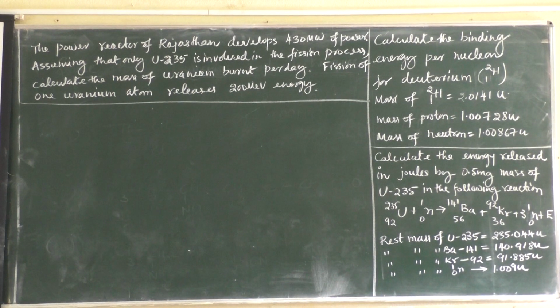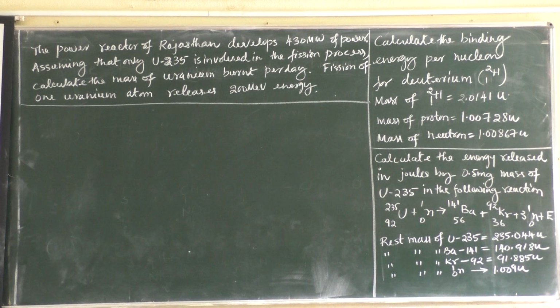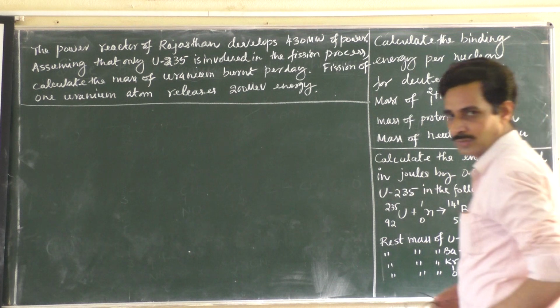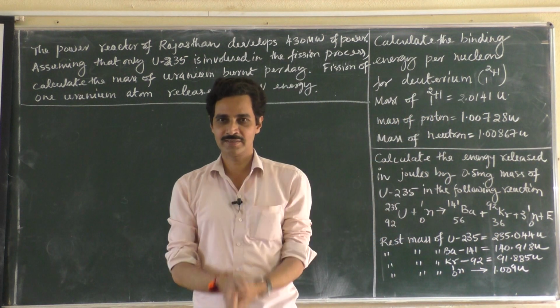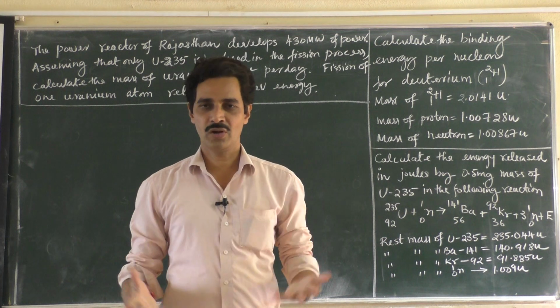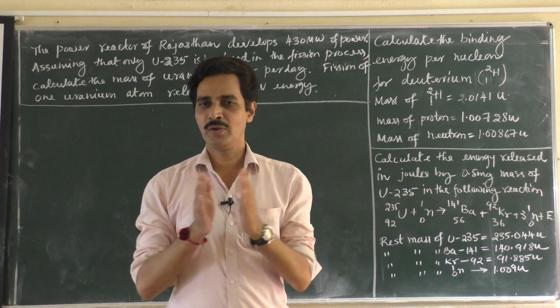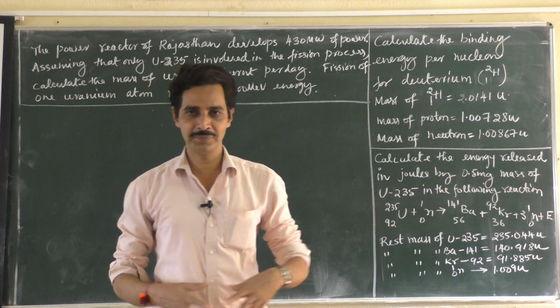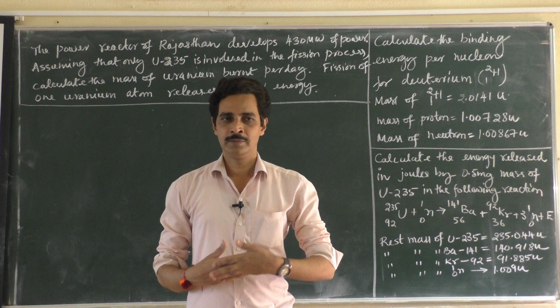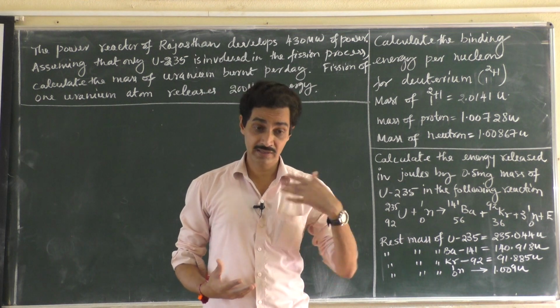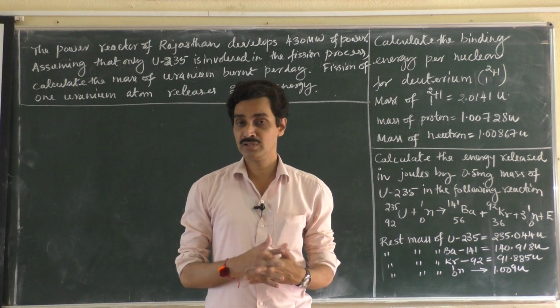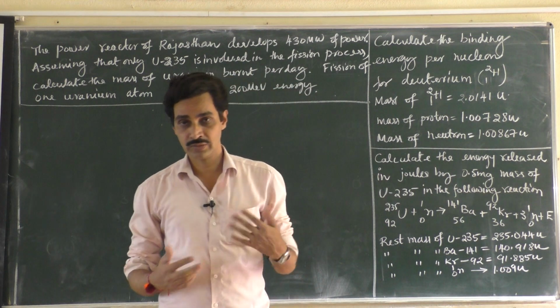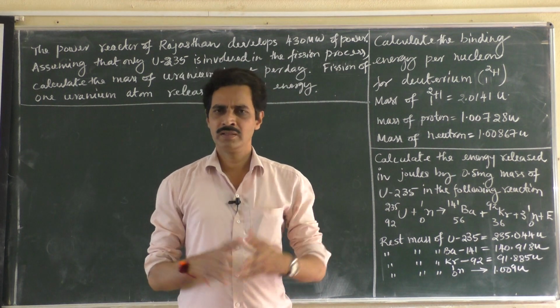We have seen how a nucleus is made up of different elements and their nature, the nuclear force, the strongest force, and how they are bound together. How the nuclear force is attractive in the beginning, and if the distance is less than 0.8 Fermi, how it is repulsive, and binding energy per nucleon. If binding energy per nucleon is more, then the nucleus is very stable, and all the things, right?